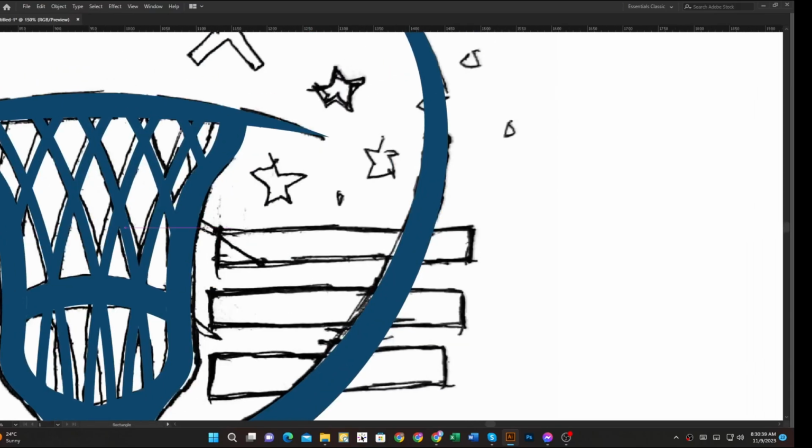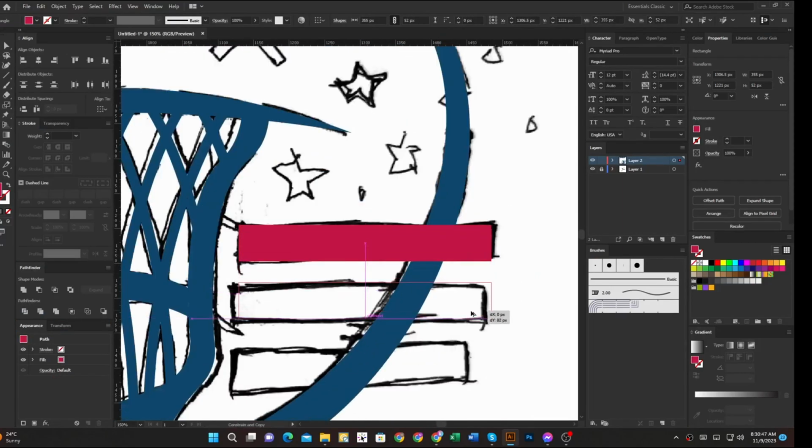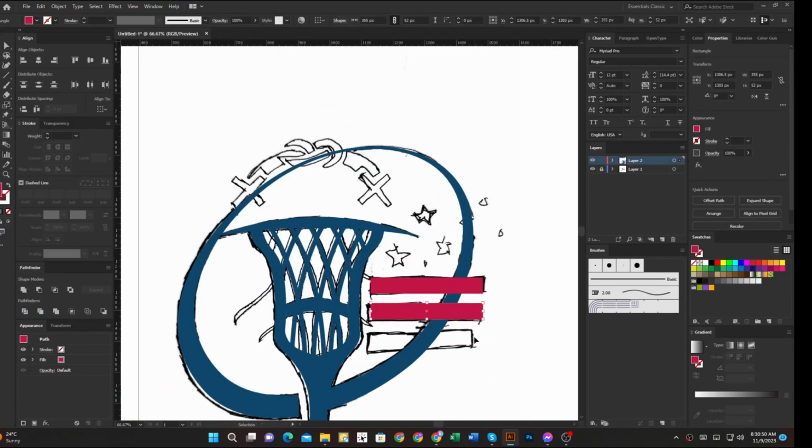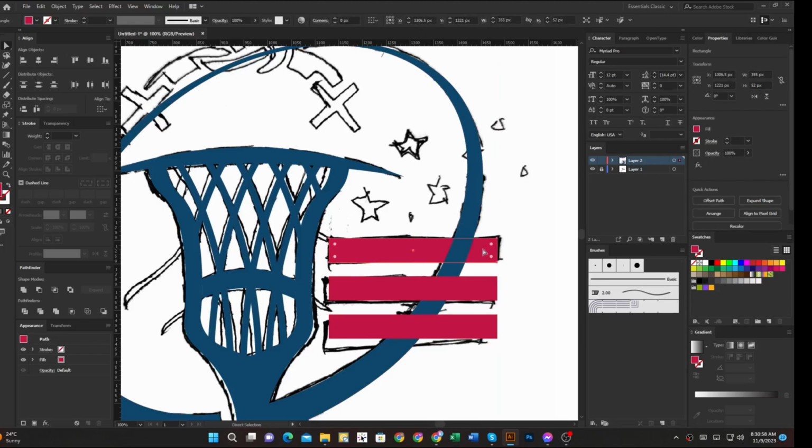Okay, now I take a rectangle shape and copy. Its position can be last layer.